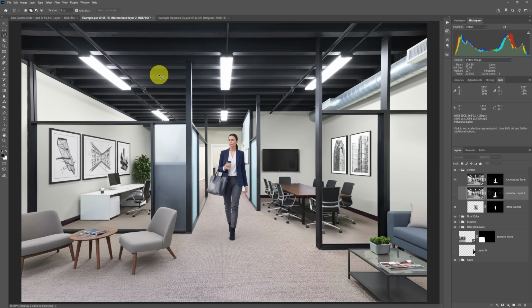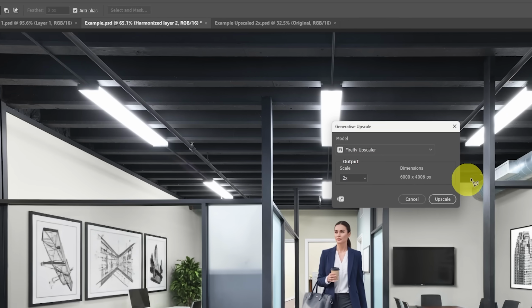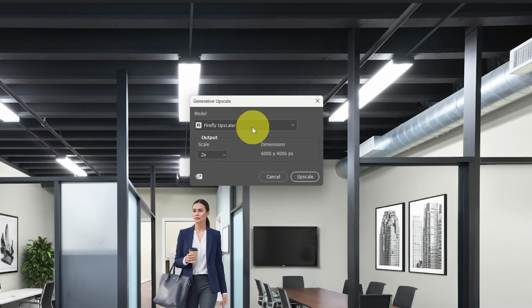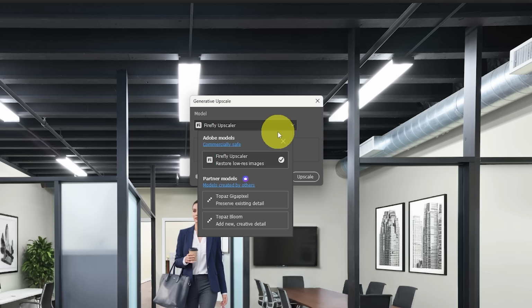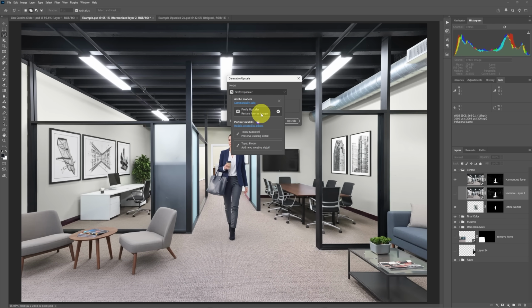To use this feature either way, you would go up to the image menu and select this new feature, Generative Upscale. And it's here where you can select your model, whether it's going to be the Firefly Upscaler, Topaz Gigapixel, or Topaz Bloom. And these are the expensive ones. Once again, we can keep the generative credit costs low and also use standard generative credits by using this Firefly